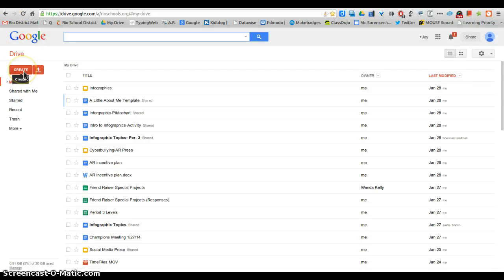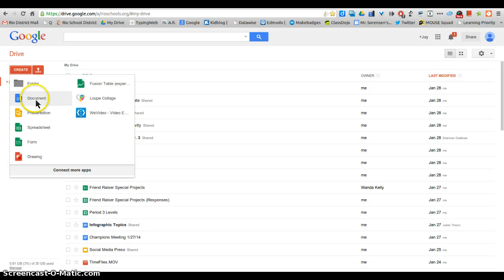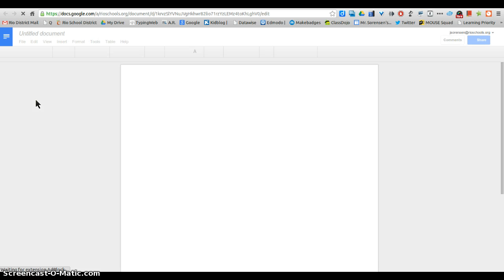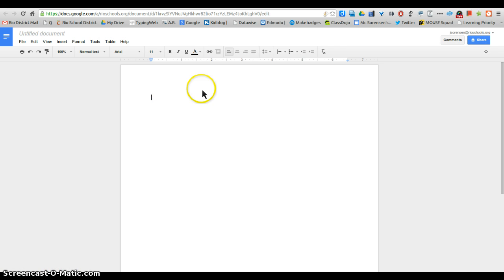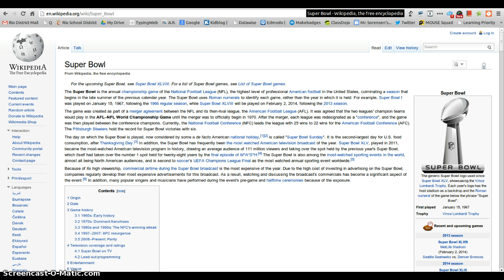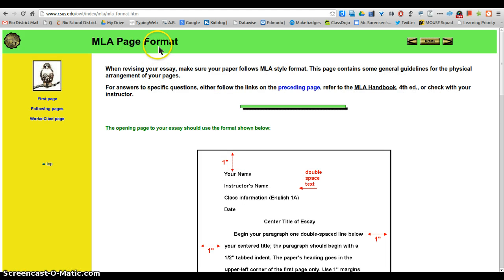For this assignment, we're going to be focused just on the formatting of a document. So you're going to go ahead and create a document. What we're going to do for this one is you're actually just going to take some chunk of text that is already written. You don't have to write your own unless you would like to. Here I'm going to take one from a Wikipedia page on the Super Bowl, and we're going to be doing it MLA style using this website,